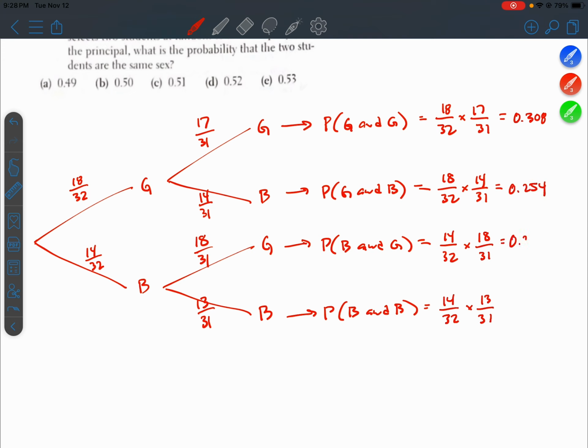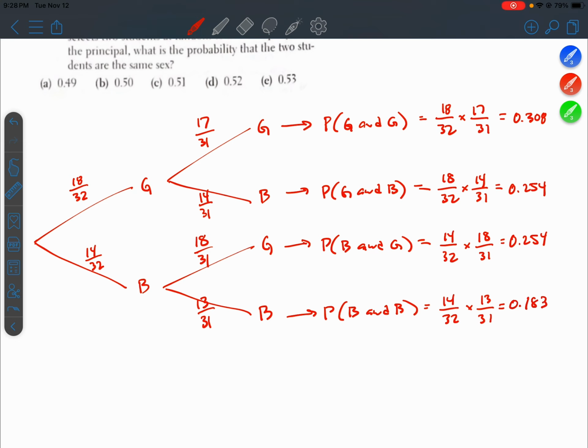I know this is going to be the exact same thing for the next one because the numerators are identical and the denominators are identical. Okay, last one, 14 over 32 times 13 over 31. That's going to give us